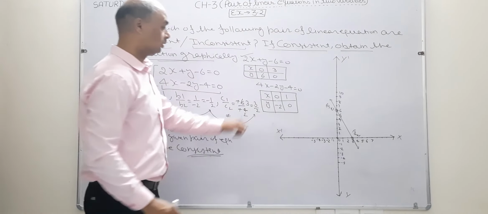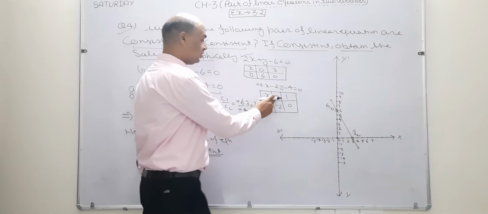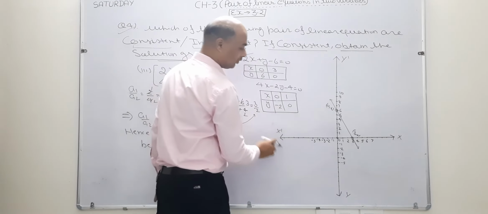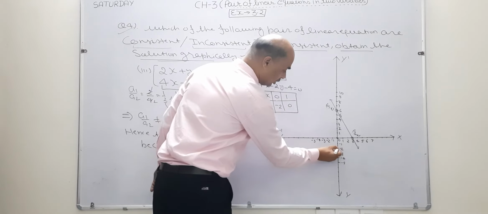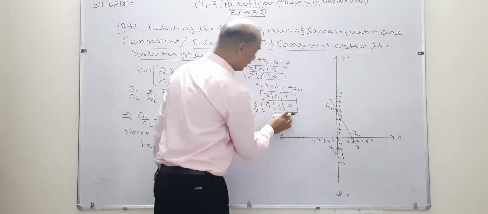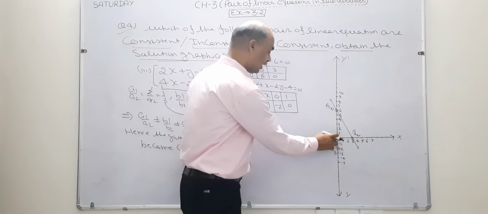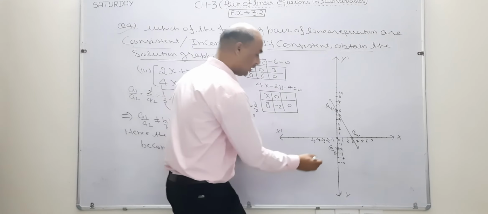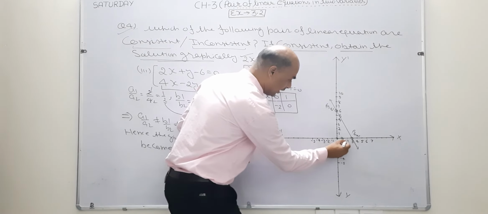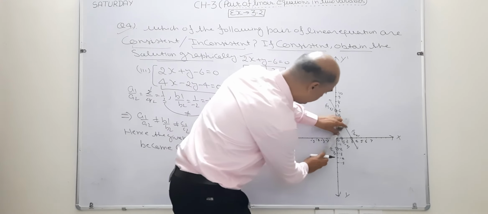Now I want to draw the graph of the second equation. In this, x is 0. Where is x 0? In this point. Y is given as minus 2. The value of y minus 2 is at this point. So the point becomes 0 and minus 2. This is the first point of this graph line. Now second, y is 0. Here y is 0. X value is 1. Where is x value 1? In this point. So the point becomes 1 and 0. Now I am going to join these two. See how.